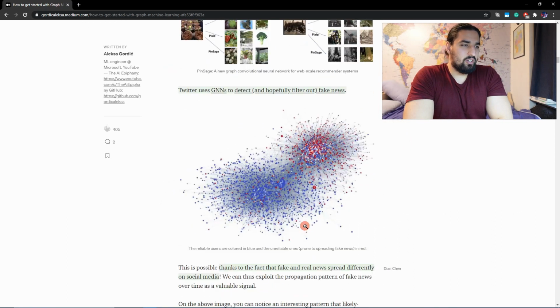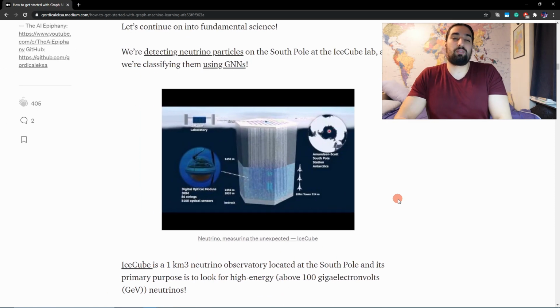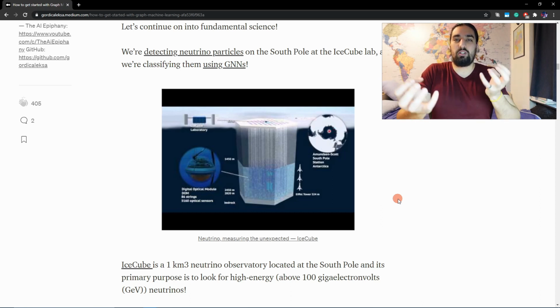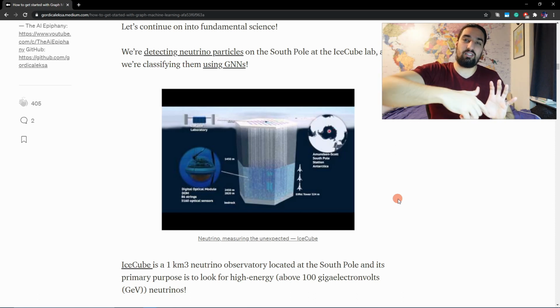So various cool applications. And what's even more interesting is that GraphML, so all of these are still kind of familiar to you, but GraphML goes into these deep fundamental science problems and can naturally solve them. So one of them would be this example I gave with the neutrino detection, where basically the setup is the following. You have a huge cube of ice, and you have these light sensors distributed throughout this ice. And what happens is a neutrino comes out from space and hits the ice and interacts with the